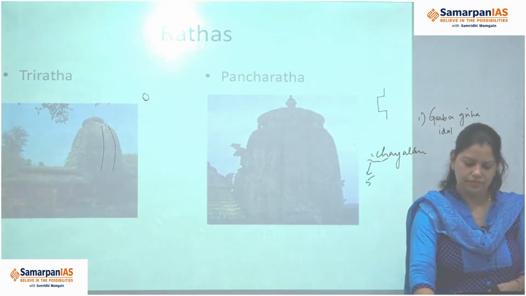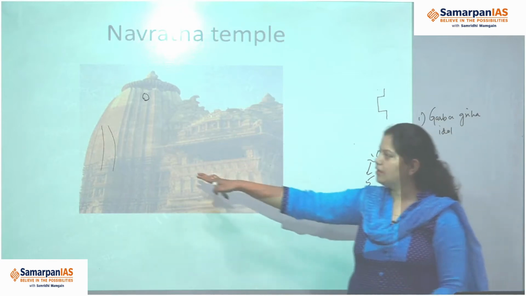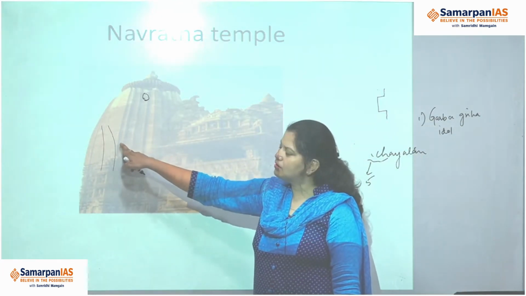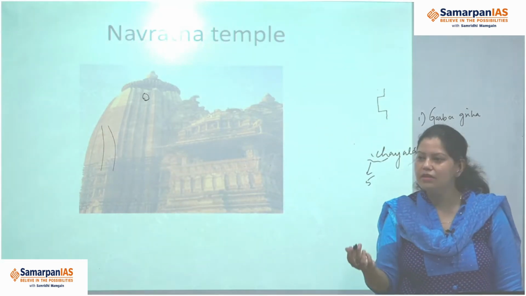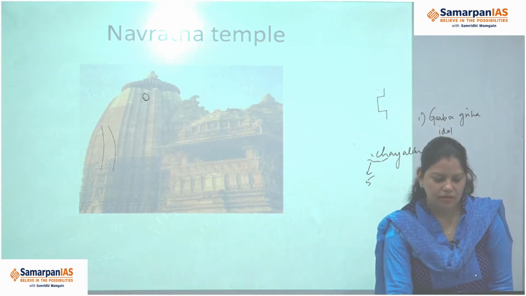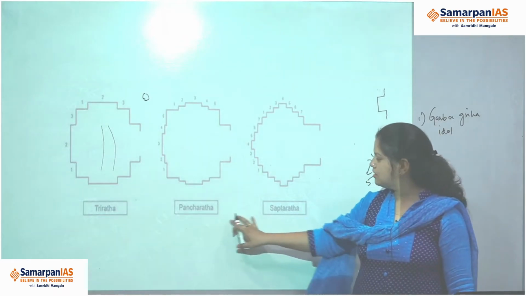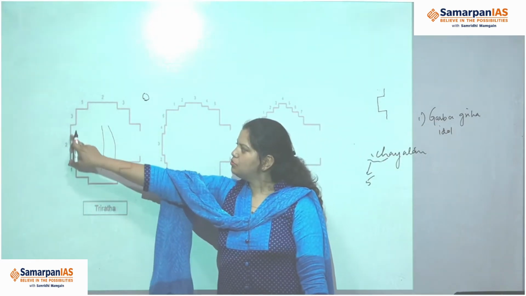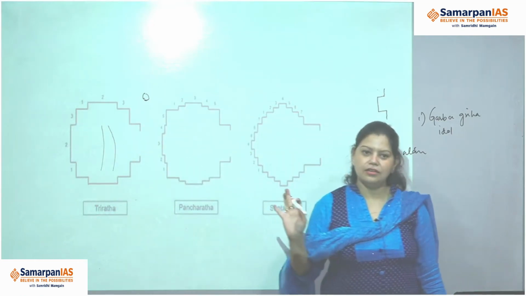Panchrath. Similarly, the wall was divided into 7 and into 9, as you can see in this temple. Can you see, small vertical layers are there. So the wall was divided into 9, similarly into 7 layers. This is known as Rath. Now what is the use of it? So this is Trirath, Panchrath and Saptarath. A wall was divided into 3 parts, similarly Panchrath 1, 2, 3, 4, 5.